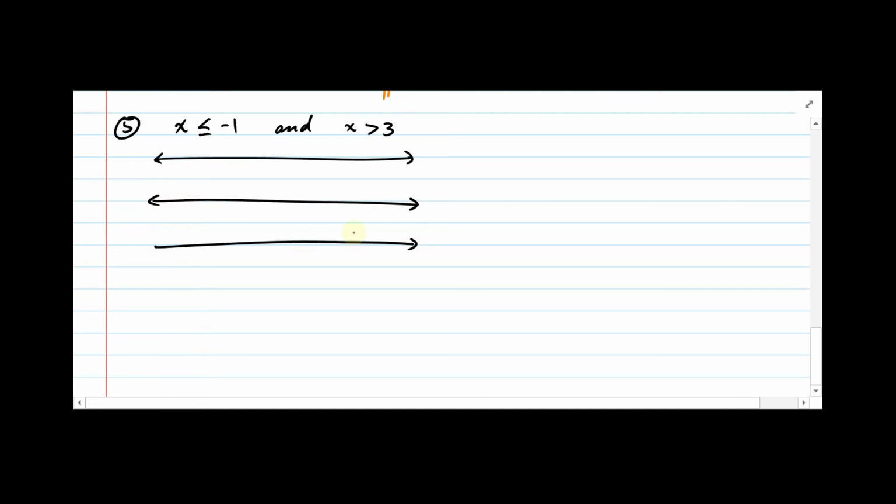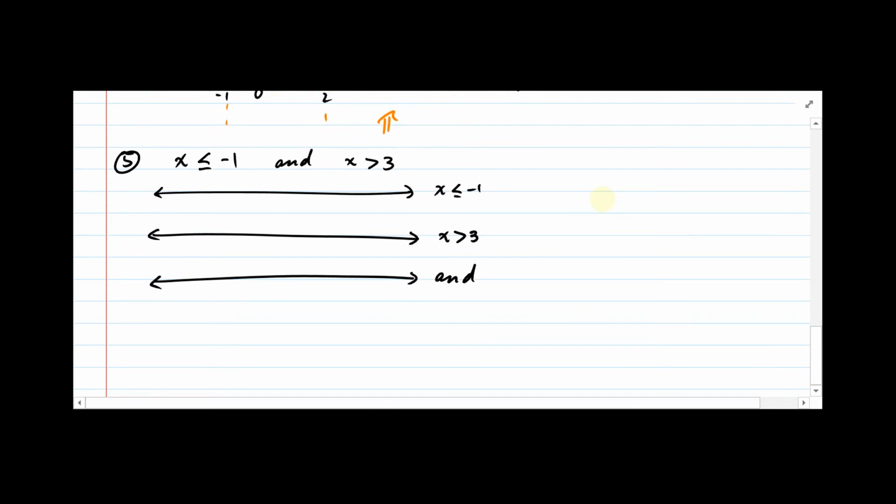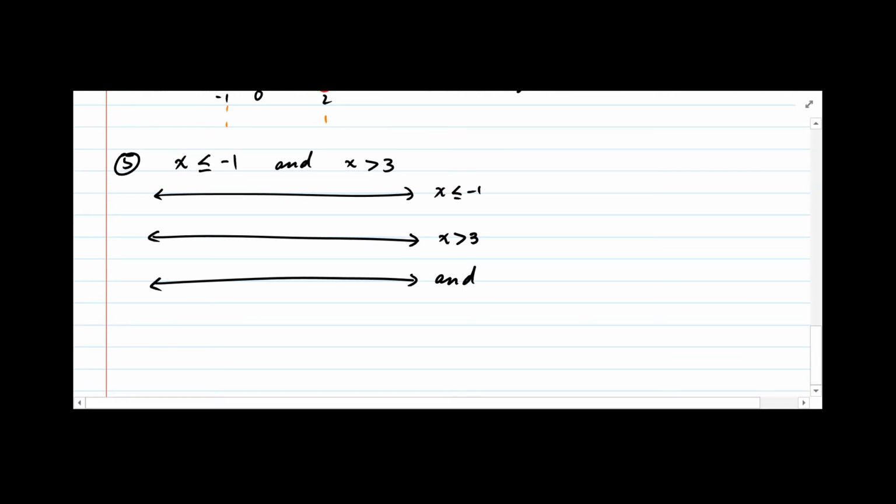All right. Number 5. X is less than or equal to -1, and x is greater than 3. X is less than or equal to -1, x is greater than 3, and we have the AND statement. All right, let's put in our zeros, and -1